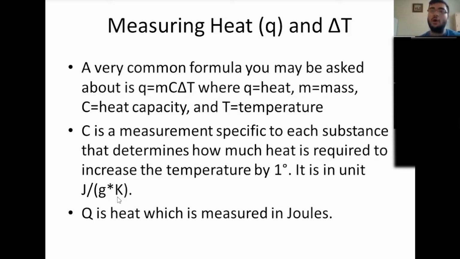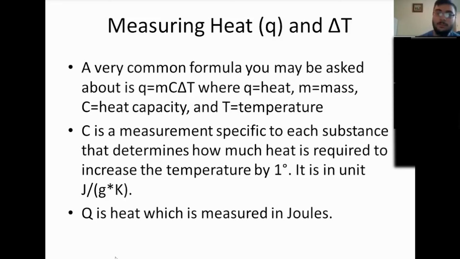Whereas something like water or air, which are insulators of heat, their temperature doesn't change very well with heat. They would have high heat capacities because you would need to put in a lot of energy, a lot of joules, in order to change their temperature by even 1 degree, right? Does that make sense? Metals, good conductors, have very low heat capacity. Insulators, water, and even more so air, have very high heat capacities. Does that make sense?